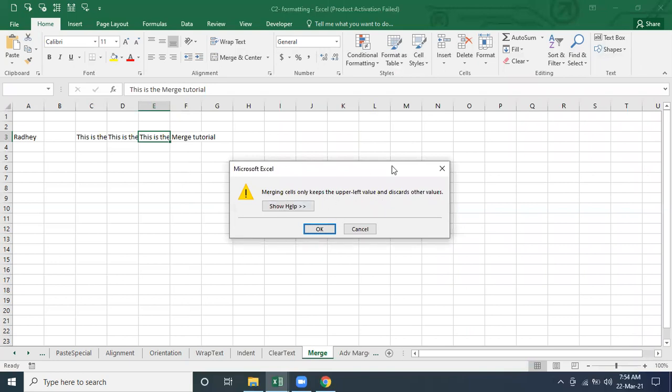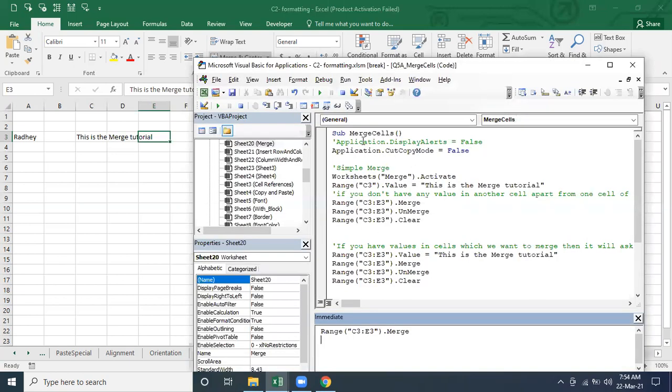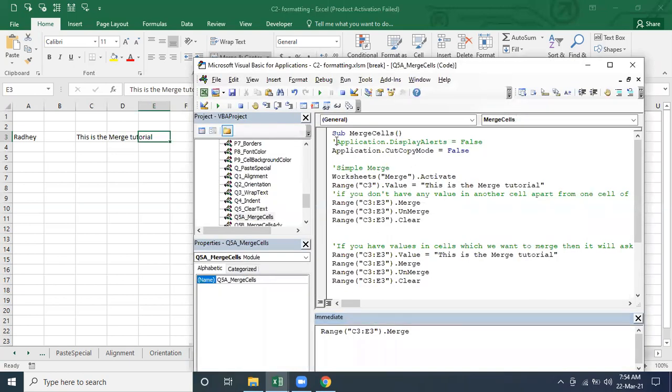If you don't want this information all the time, you can use Application.DisplayAlerts and make it False. Before executing, you have to make it False. I'm making it False. Now I'm going to pass the value and then I'm going to merge.